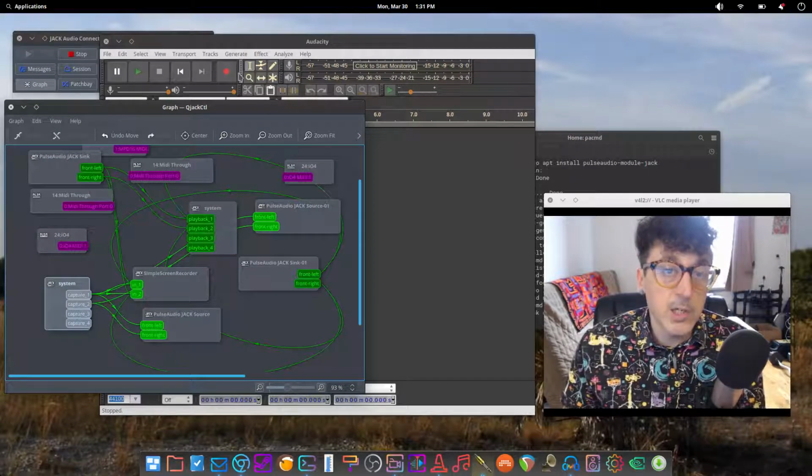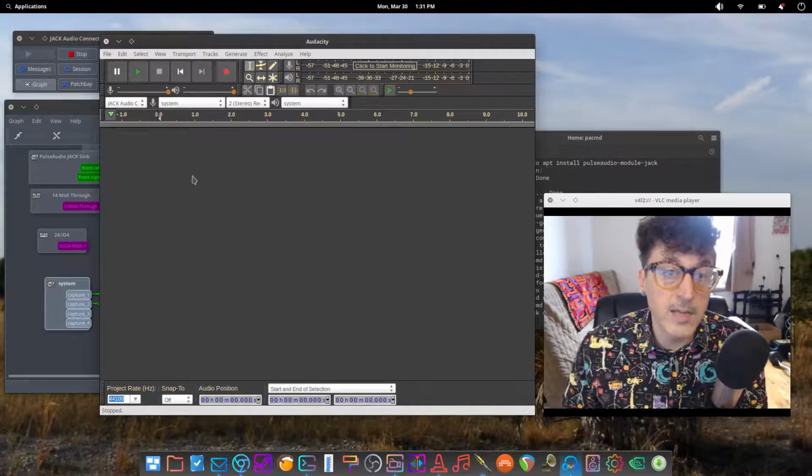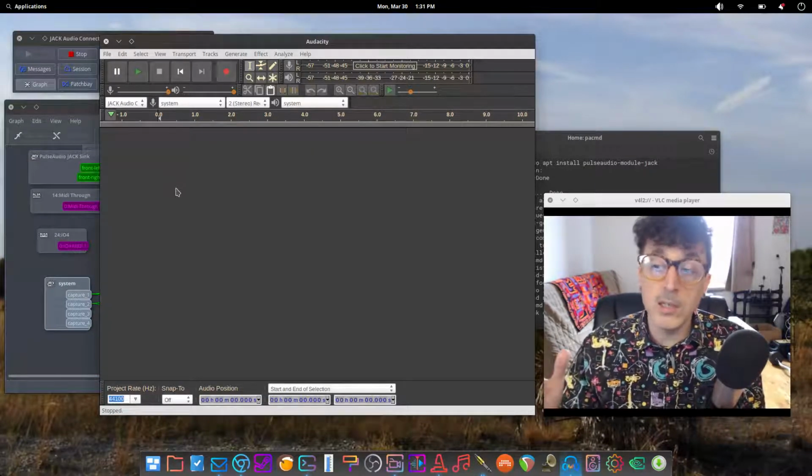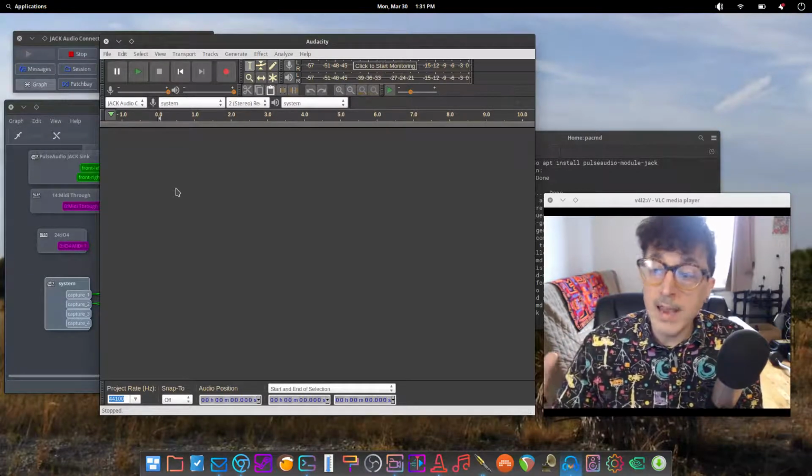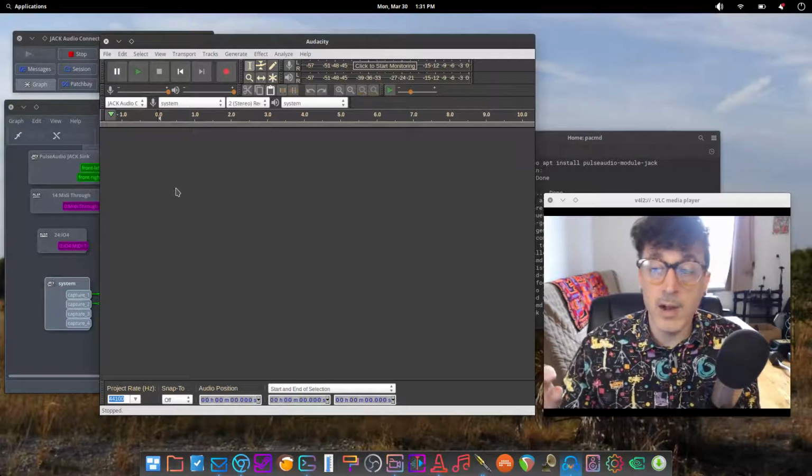And then as long as you're using Jack as your audio driver, Audacity will recognize all 4 of those. So what this means is you can record 4 different mics, or if you have an audio interface with 8, you could record up to 8 different mics simultaneously within Audacity. You cannot do this in Windows.